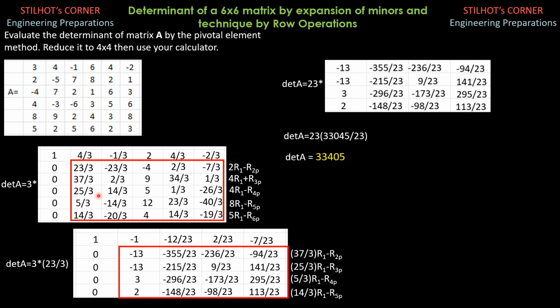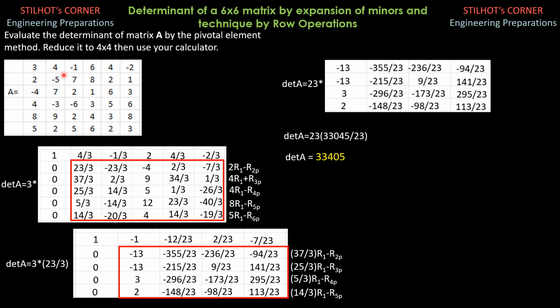So again, to make it simple, you may just follow this procedure. Let's just make all the elements here to be zeros, then here to be zero, so that the determinant will just be this value here times the minor of this value, which is reduced to 5 by 5, then that 5 by 5 would be reduced to 4 by 4 by making all these elements zeros also, like what we did here.